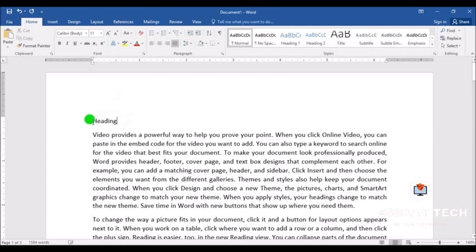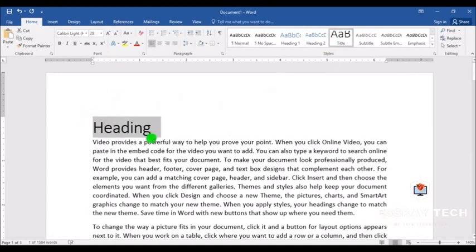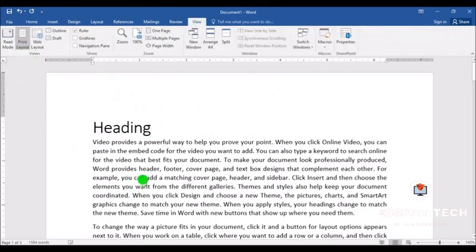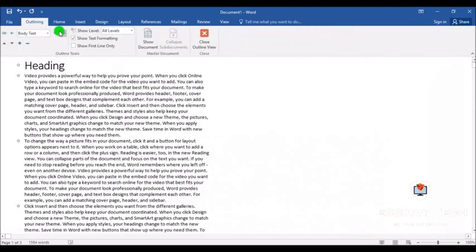Now if I put a heading and make this heading bigger, for example, this is in our print layout view. Now if after putting the heading I go to the outline view, this heading will not look like this. It is going to look like this. See, this is the heading. So separately you will see the place where you have put the heading and the place where you have put the paragraph. Everything will be shown in a different way. This is just a